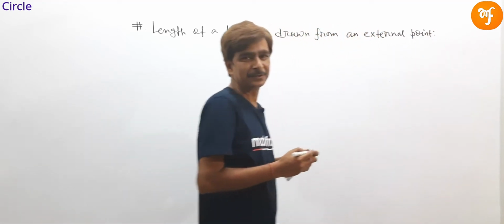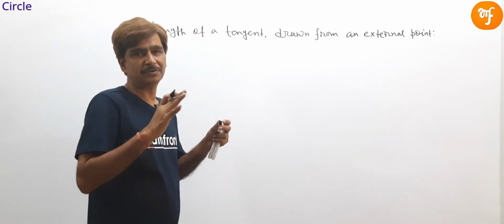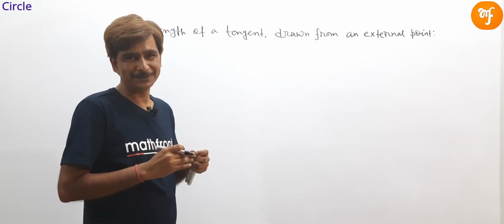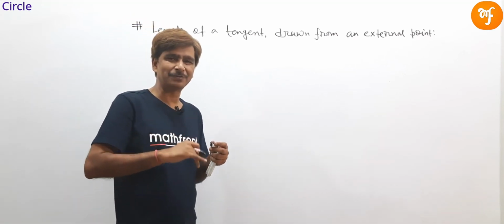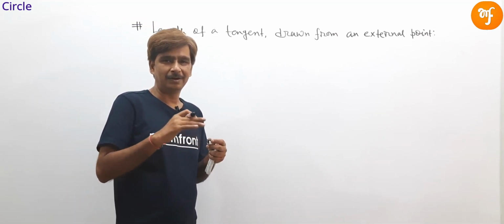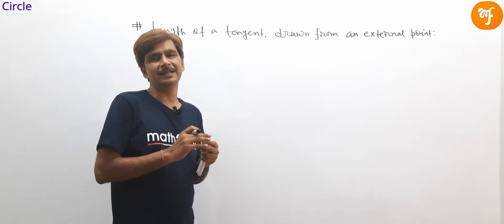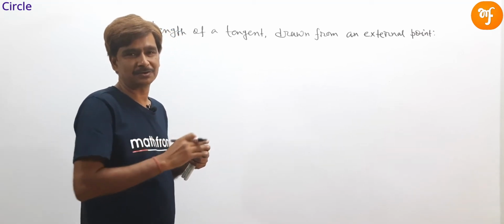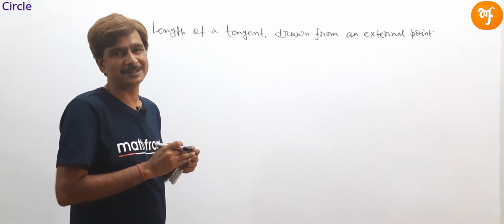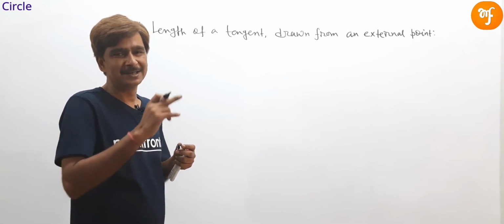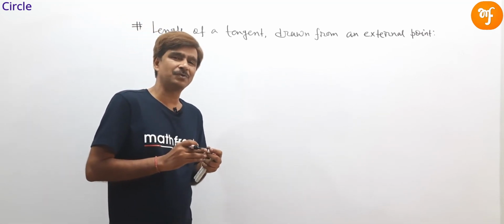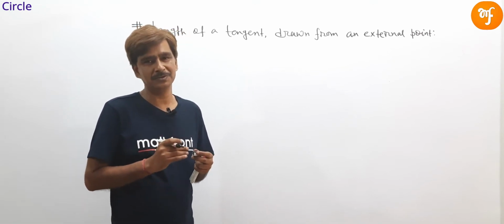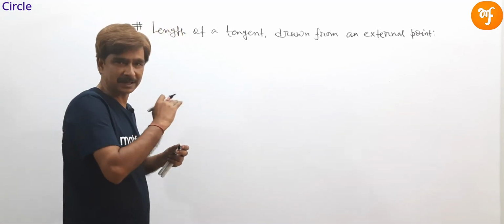Okay, so let the equation of the circle be x squared plus y squared plus 2gx plus 2fy plus c is equal to 0, and let x1 comma y1 be an external point of the circle. Then the length of the tangent drawn from the point x1 y1 to the circle can be written as the square root of x1 square plus y1 square plus 2g x1 plus 2f y1 plus c. Okay, so writing this statement,